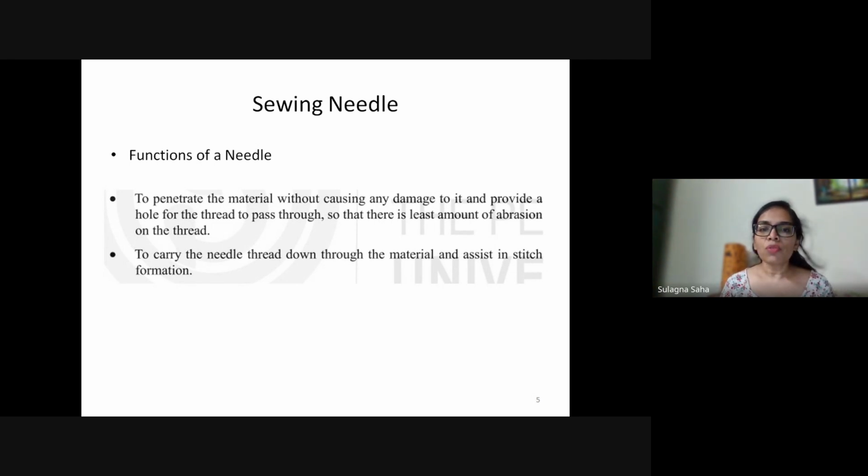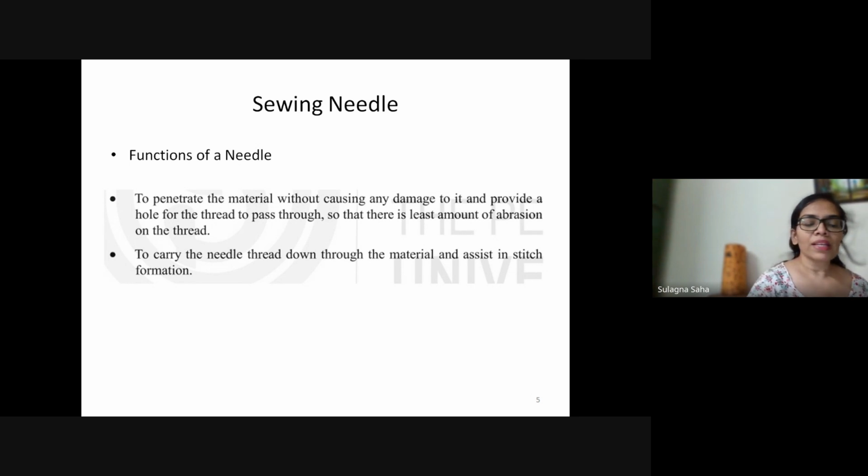Okay, so our purpose should be the selection of the needle. Remember yesterday we were talking about warp and weft yarns, and how they move through the fabrics.